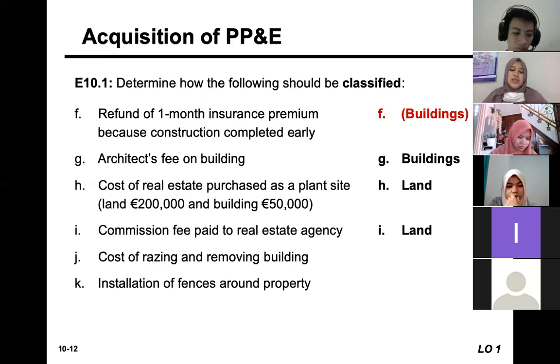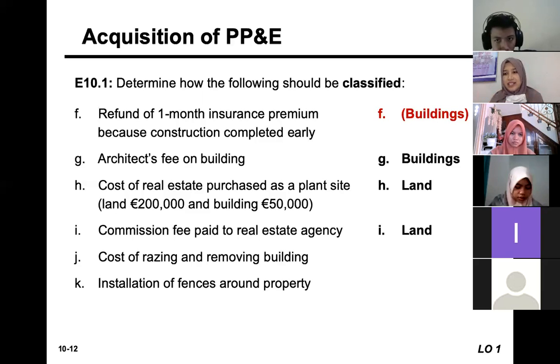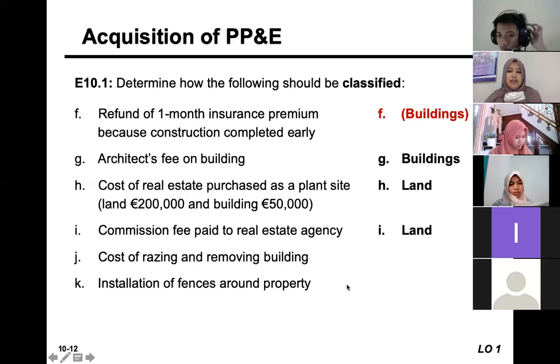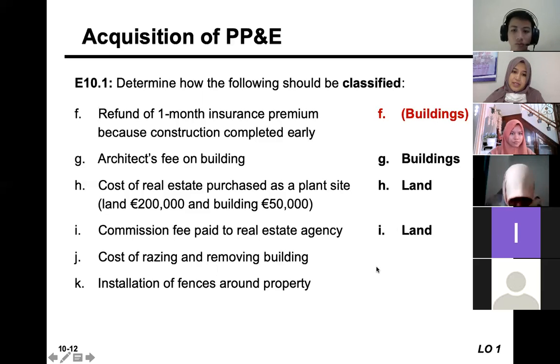Sometimes the cost of demolishing the existing building on the land is included in the land cost, because we need the land. We want to use the land, not the building. So we consider that a land cost. Okay, and then commission fee paid to the real estate agency is considered land. Cost of razing and removing building. I just said that. So that one will be considered a cost of